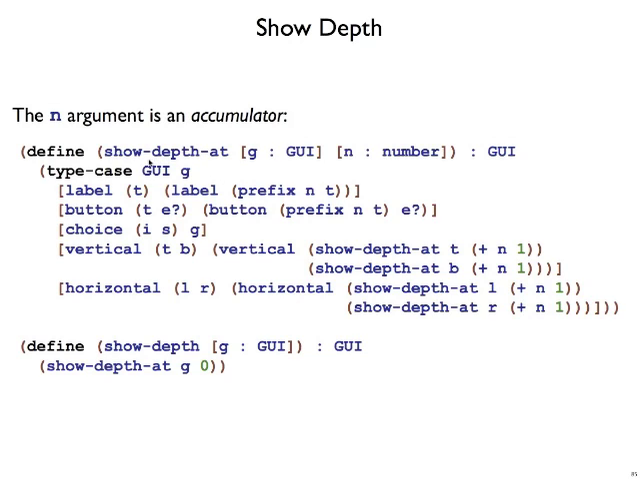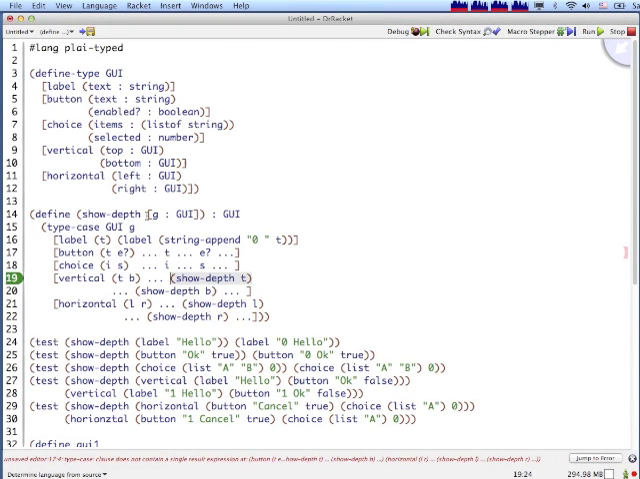There's another detail here, which is this function with an accumulator I'm calling show depth at. The function that we originally wanted is show depth. So we know we can implement show depth if we have a show depth at that starts off with 0. So that's what we're going to do. We end up writing show depth at instead. So I'm writing show depth at first